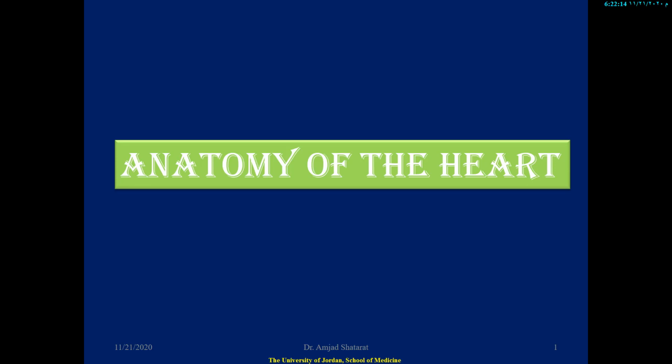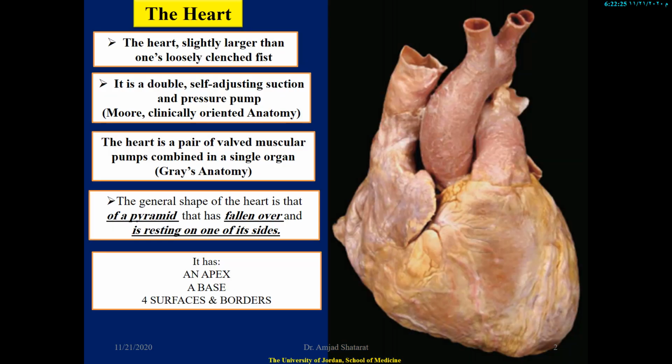Okay, today we will cover the general features of the heart, and of course we will talk about the right atrium in detail. Now, as you can see in this diagram, the heart is slightly larger than one's loosely clenched fist. As we used to say, the heart is the size of an individual's hand. It is a double self-adjusting suction and pressure pump,